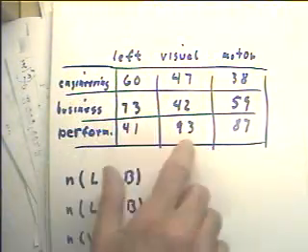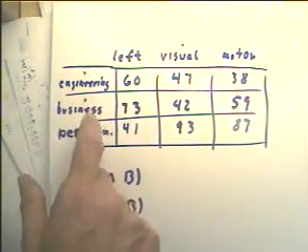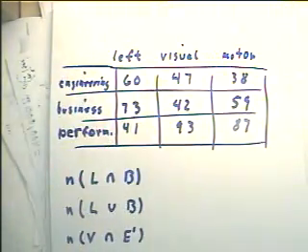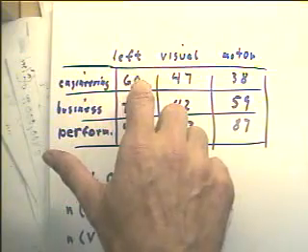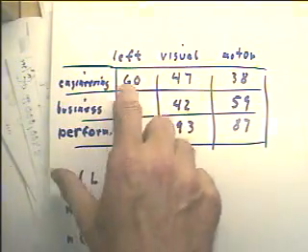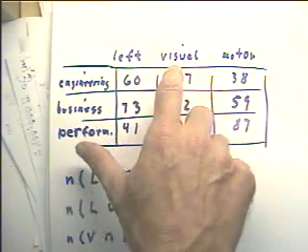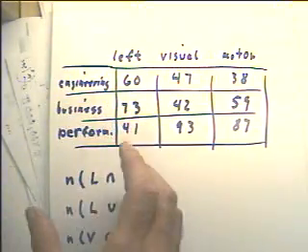Let's say that the information we have here represents a study done on some engineering, business, and performing arts students. The study tested what part of their brain was relatively strongest: between left, right, visual versus auditory, and motor skills. Of these three, which one had the highest